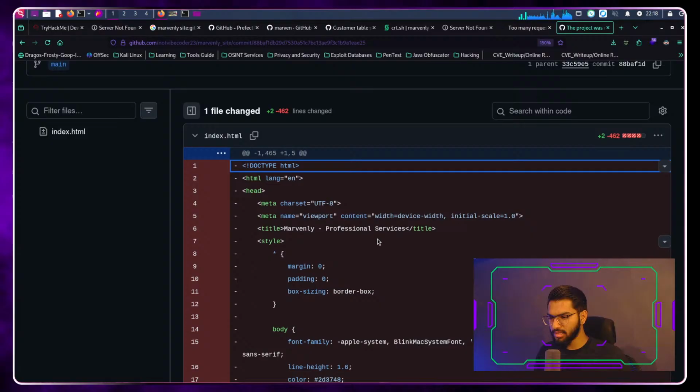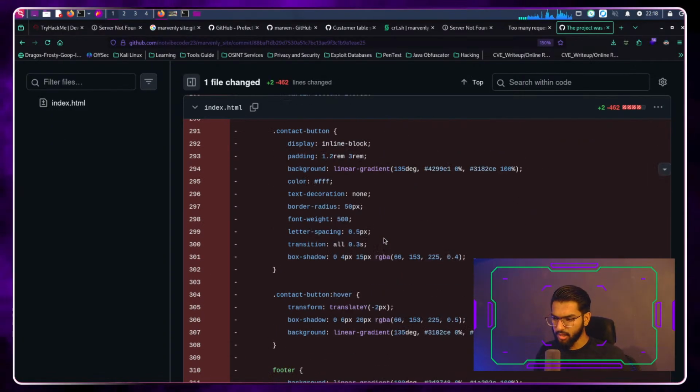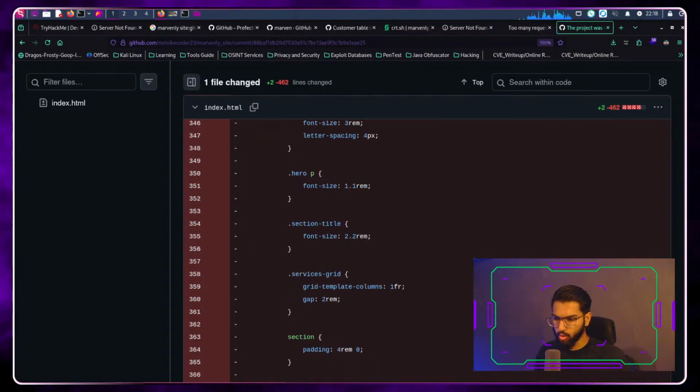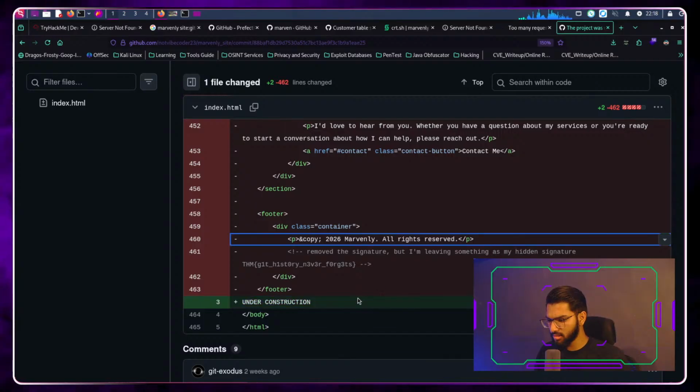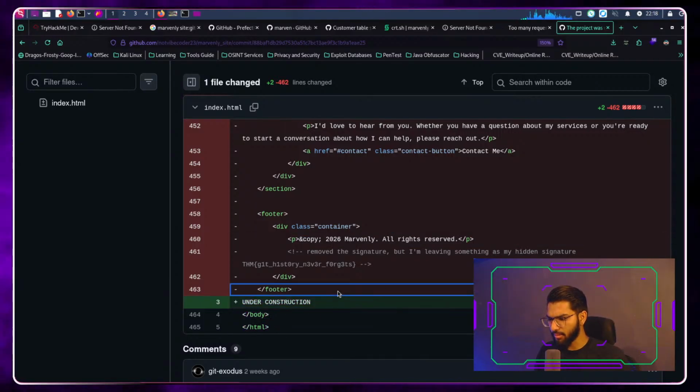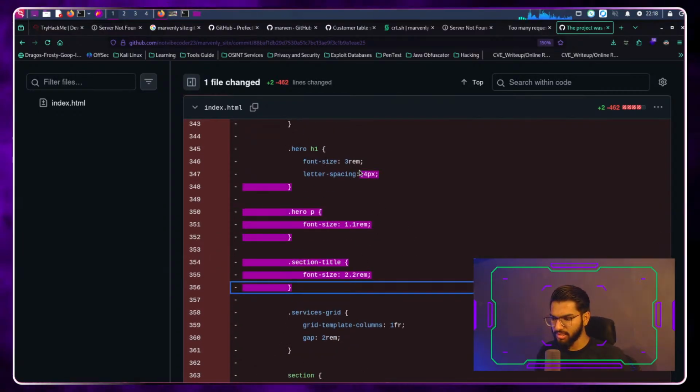Everything in red is what has been removed. Some might be green, which would show that it was added or kept along. So it says "under construction." All these are remaining the same. Everything else is just removed. So all this data was removed. So we can see from the commits done there.